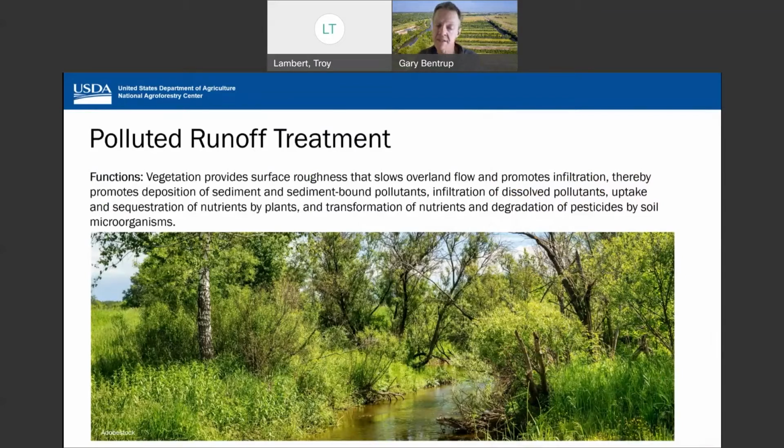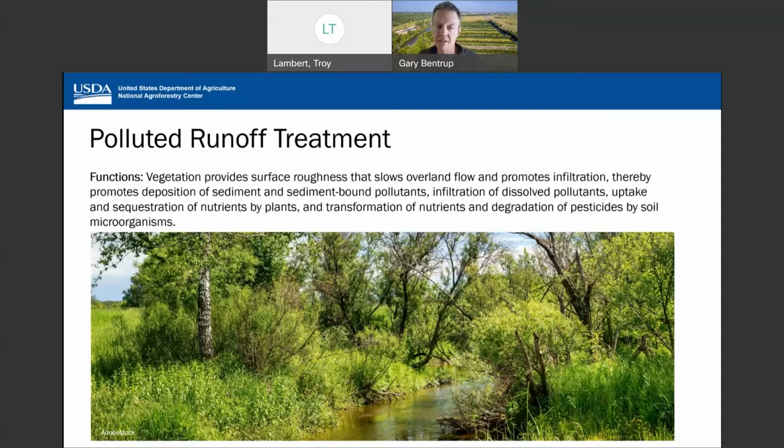The vegetation provides surface roughness that slows down the overland flow. This allows infiltration. It also promotes deposition of the sediment and sediment-bound pollutants like phosphorus when it's bound. Infiltration of dissolved pollutants is really important because dissolved pollutants will otherwise just keep flowing across the landscape unless they infiltrate.